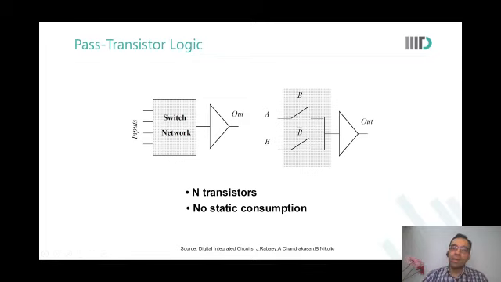Pass transistor logic says that in the static CMOS and in this ratioed logic also, we had these PMOSs and we had these constraints of how big the PMOS should be, what should be the ratio of the PMOS stack and the NMOS stack and so on. The question comes, can I design only with NMOS transistors? No PMOS at all?